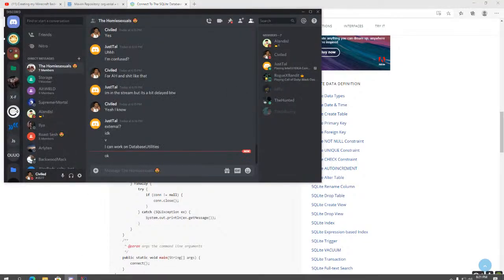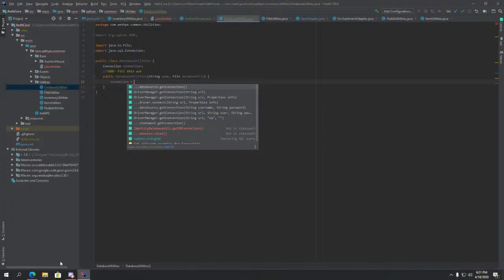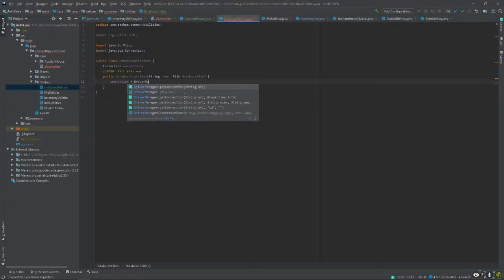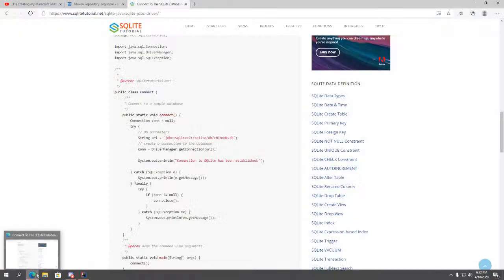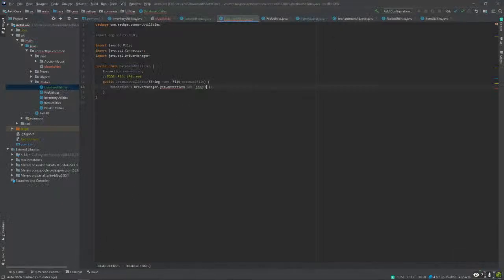So we first need to make a connection, and then connection should be equal to driver manager dot get connection of JDBC SQLite of database.